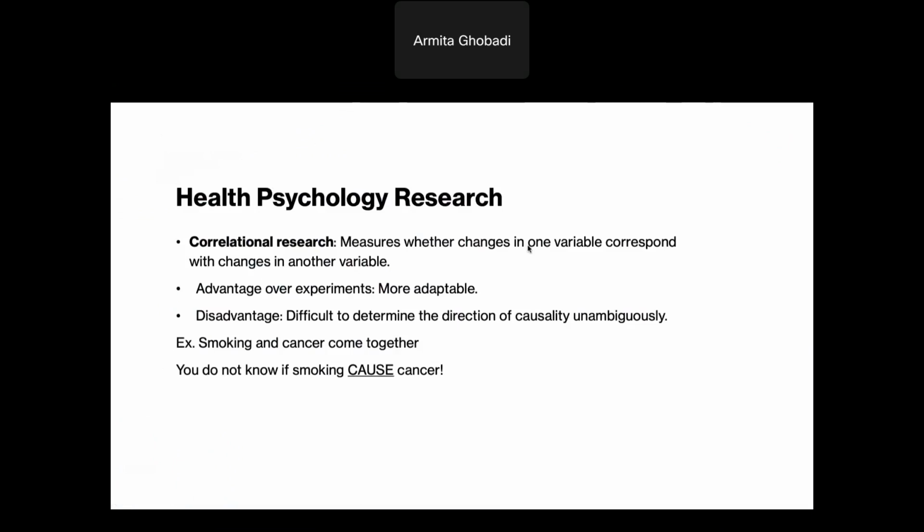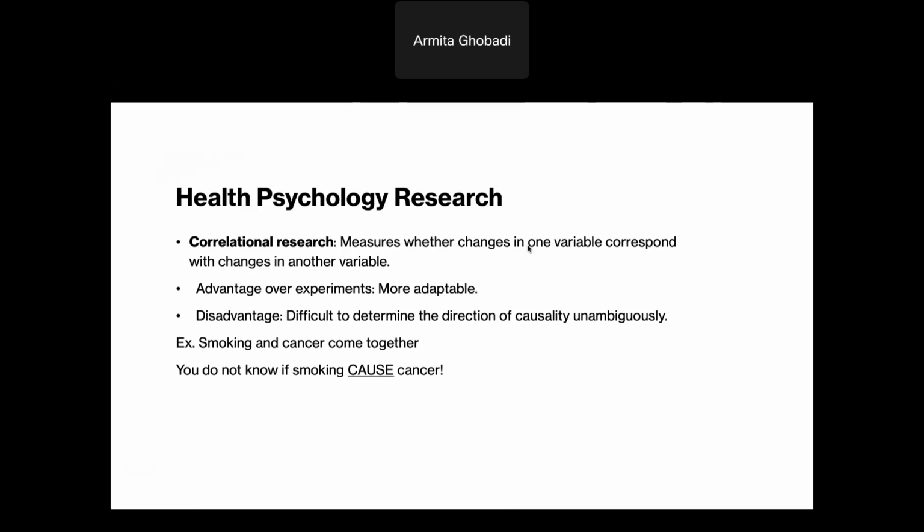And the last section, we're going to talk about different research methods in health psychology. Number one is going to be correlational research, in which we are just measuring changes of one variable with respect to another. Here we don't have any causation because we cannot say that, for example, smoking is going to cause cancer. But we know that whenever you're smoking more, the probability of getting cancer is going to be more. We know that smoking and cancer go hand in hand, but we cannot say that smoking causes